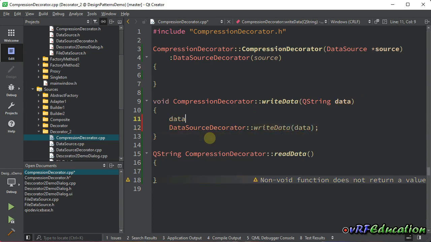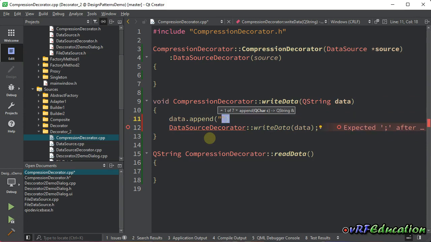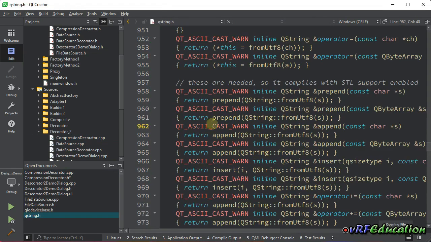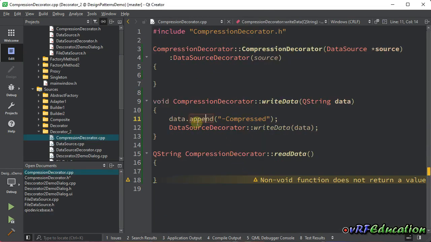So here let's get data that append. I'm going to attach a label compressed. Okay, I'm going to attach data to this one, and that's it. Let's see if it works. Let's do it in this way. Data equals data plus dash compress, because maybe append is not working in place. So this is better. And when I want to read data,